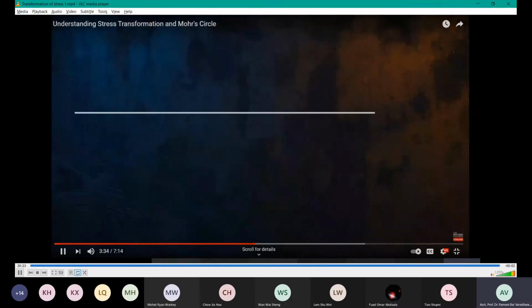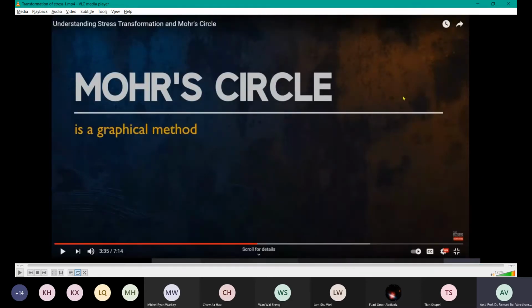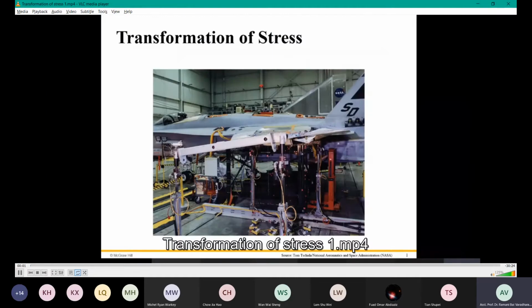Continue. Mohr's circle is a graphical method. All of you know that the stress acting at a point, if it is uniformly distributed and